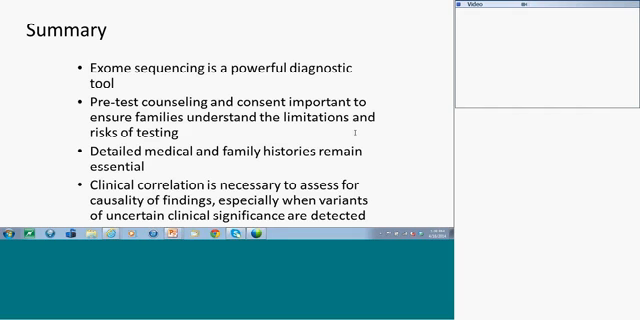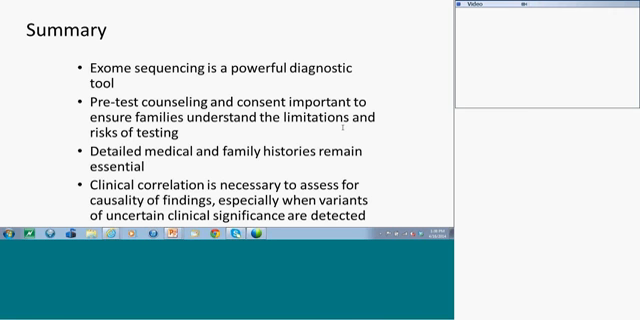This test does not replace that. You don't just get a sample of blood and put it in the machine, and from the other side you get the results. It doesn't work that way. It works closely with medical and family histories that the physician sends to us, and clinical correlation is very necessary